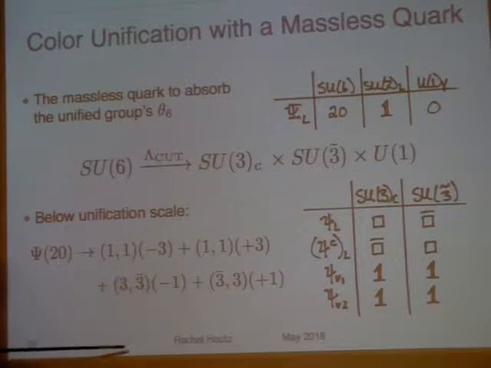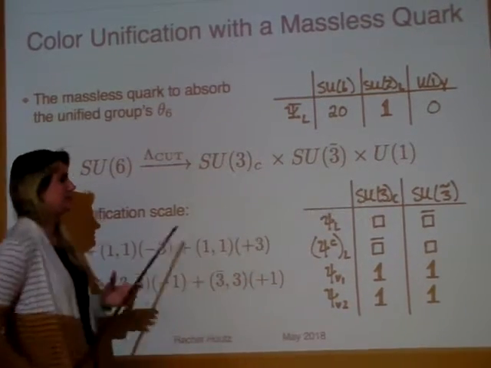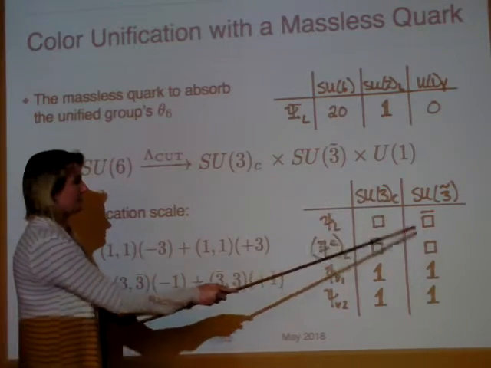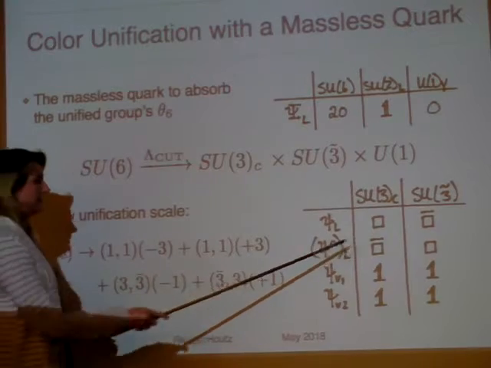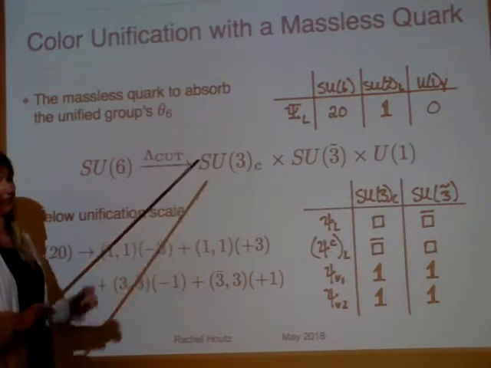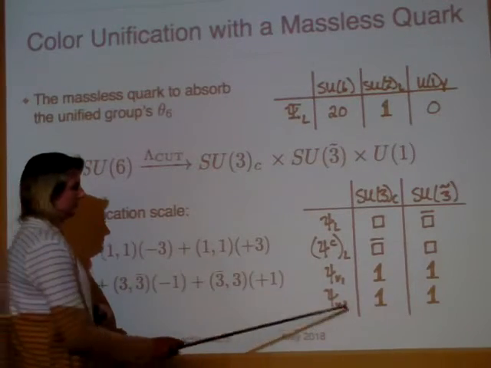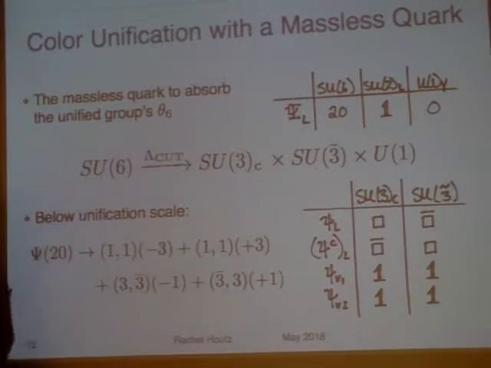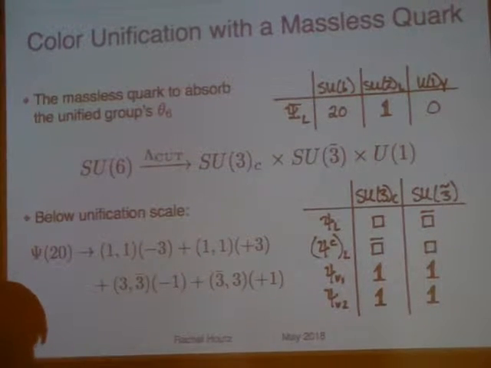So upon breaking, we get these fields, which are charged this way under QCD and SU(3) tilde. So we get something that is box, box, bar under both. And then we get another partner that's box, bar, box, which could form a conjugate. So these guys could come together and form gauge singlets. And then we also get these sterile neutrinos that are singlets under the whole standard model and very, very light or massless, depending on further games you want to play.